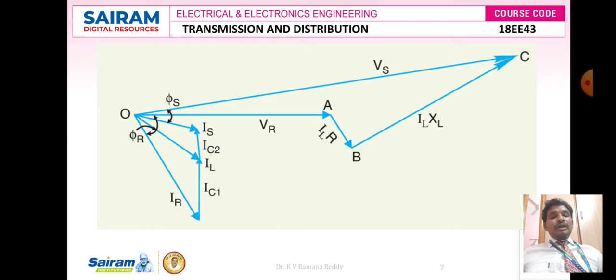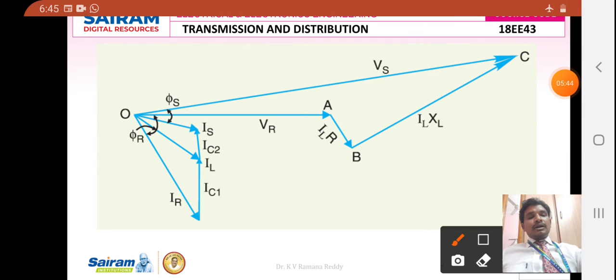Now here I am going to represent a phasor diagram which is related to the nominal pi section method. In the nominal pi section method, I am taking the receiving end voltage as the reference voltage. For this receiving end voltage there is a voltage drop, that is the current flowing through the line resistance, which is considered as a lumped parameter, that is IL into R as the line resistance voltage drop. Then for this line resistance voltage drop there is a line reactance voltage drop called IL into XL, which is always at right angles to each other.